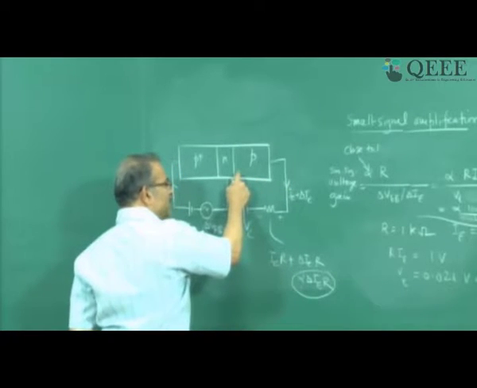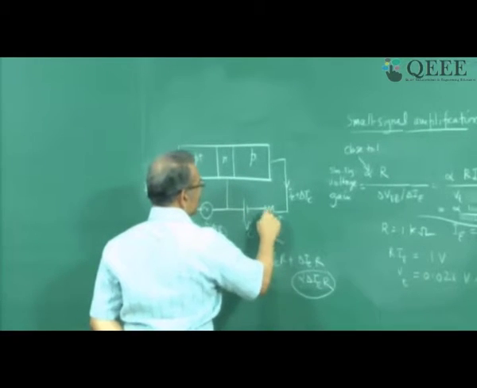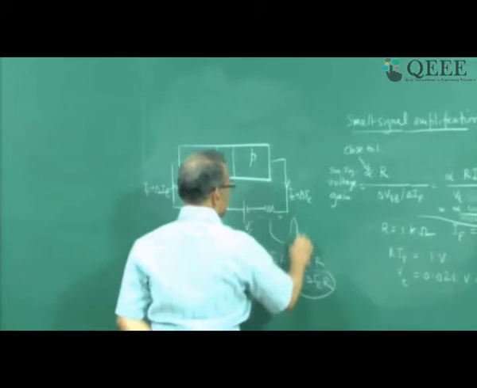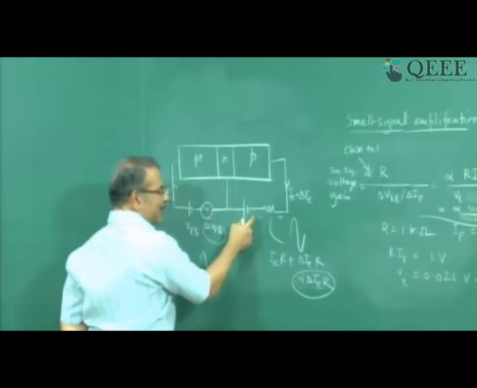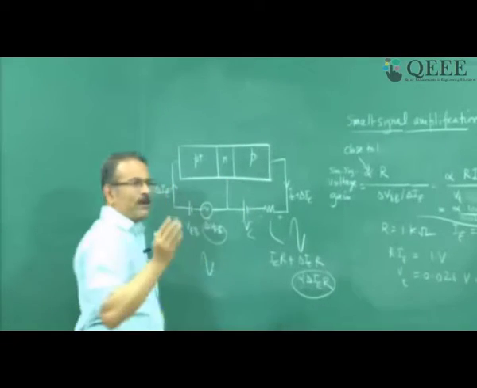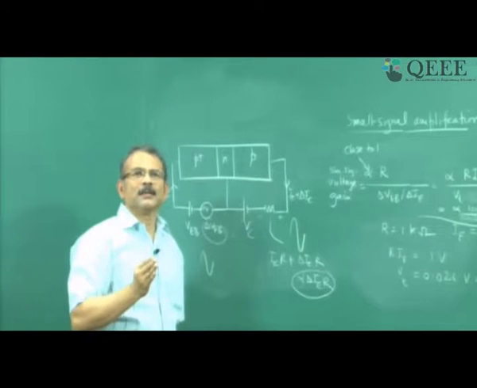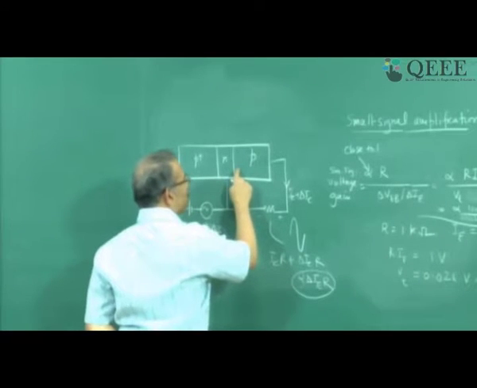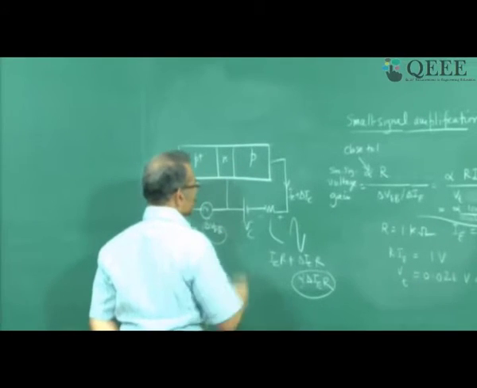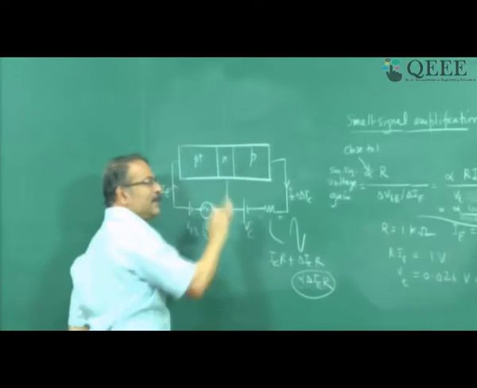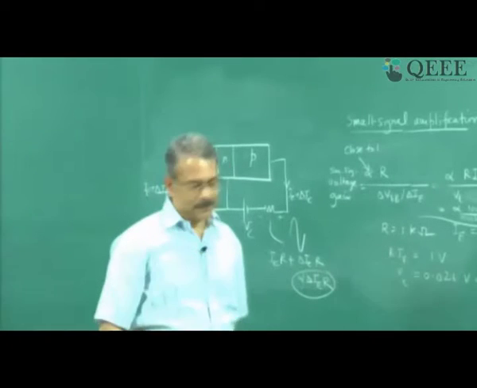But I cannot ensure constant zero bias all the time because this voltage is varying, right? If this voltage varies, this voltage also varies like this, but this is a constant voltage. So I cannot maintain a constant voltage across this, but forward bias destroys the current. So I accept reverse bias because reverse bias current across this junction is very, very small. It does not affect the transistor action. So that is the role of this VC. It is to maintain this junction always reverse biased or at most zero biased.